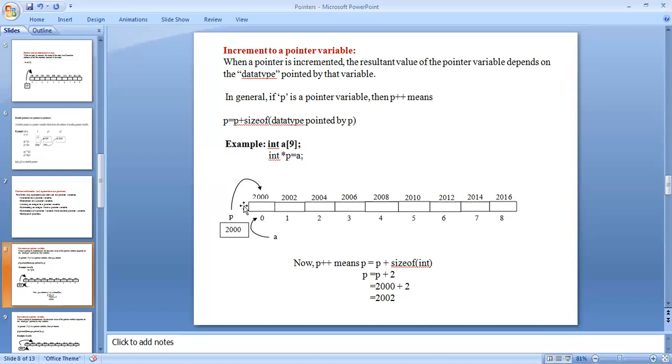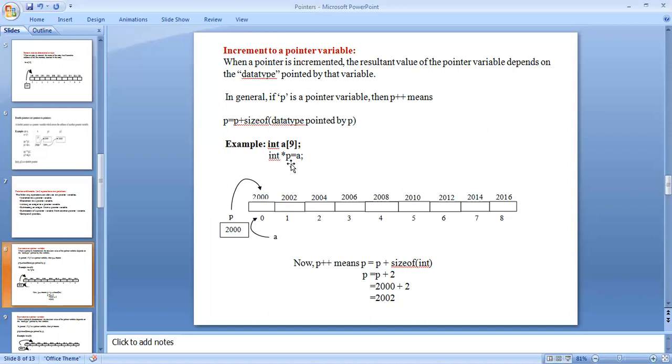Initially the p value, the memory location, is 2000. That means a[0] is stored at memory location 2000. Here the pointer is only holding the address of the variable.